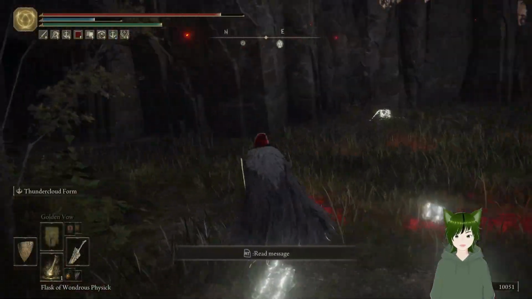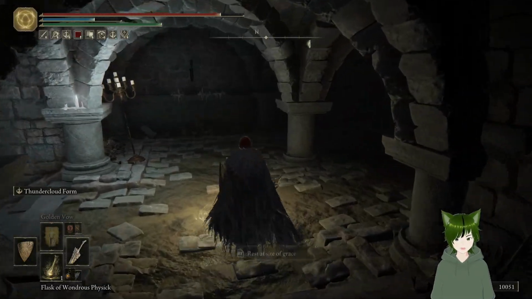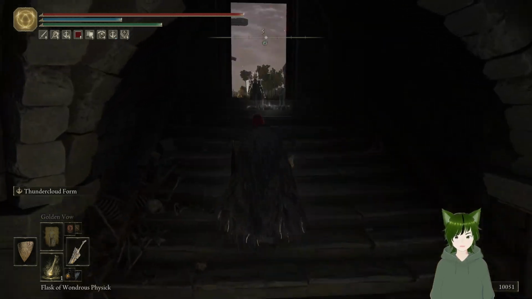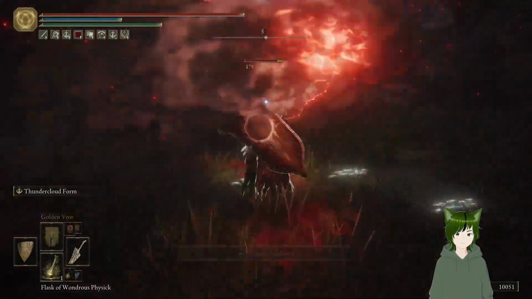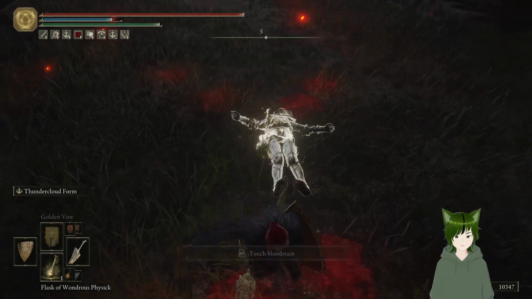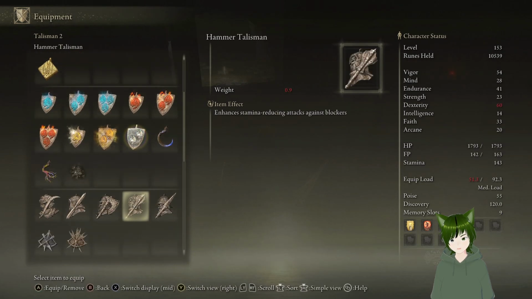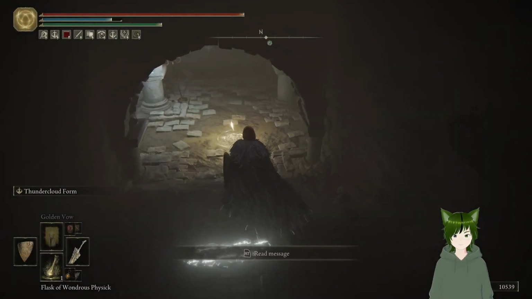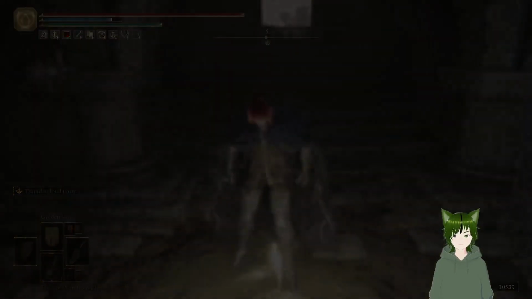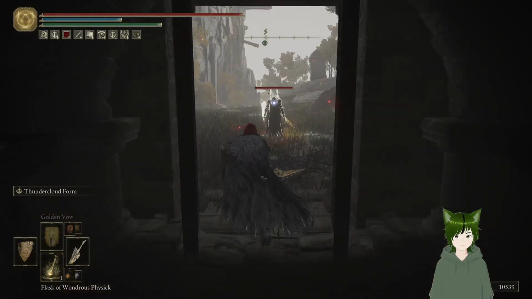So here's what we're going to do. We're going to take this man right here as our testing dummy. I really need just a testing dummy in this game. 2, 3, 5, 6. We hit him twice, and then hit him with the big hit. So then let's take this off and put on the Lightning Scorpion Charm. 2, 3, 5, 6, and then